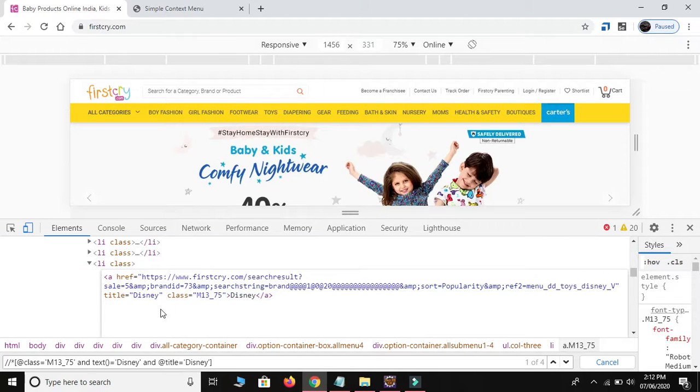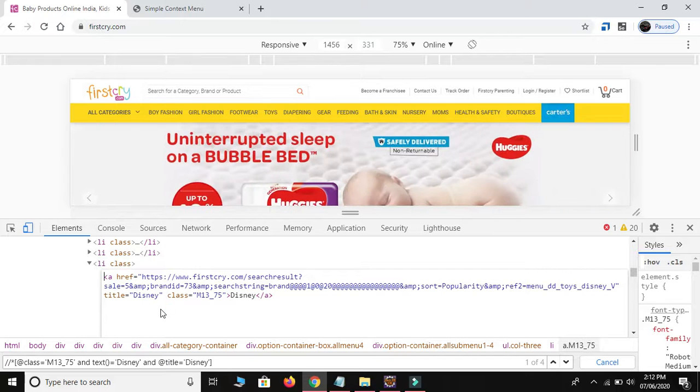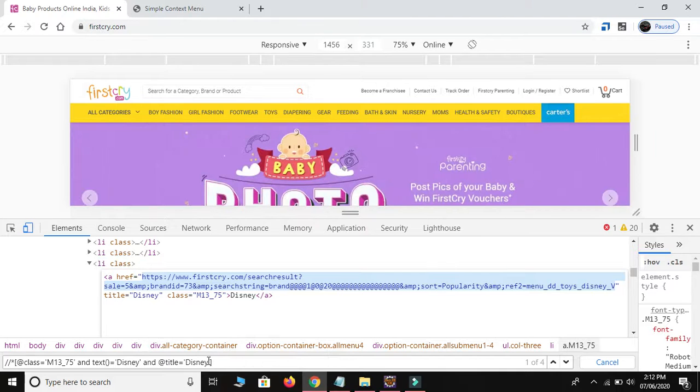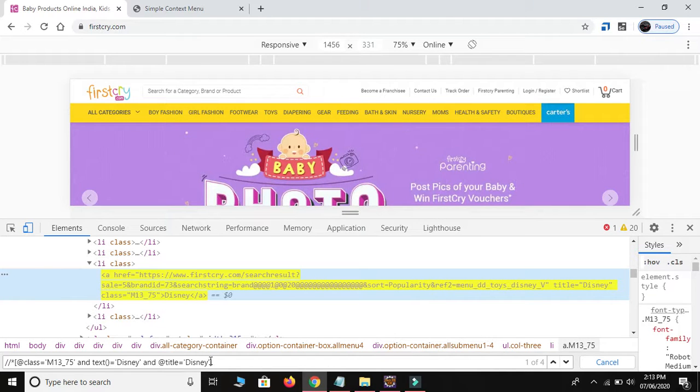So I will use, okay, this attribute @href. Just a minute, I will show you. Just copy this one. I will remove this one.